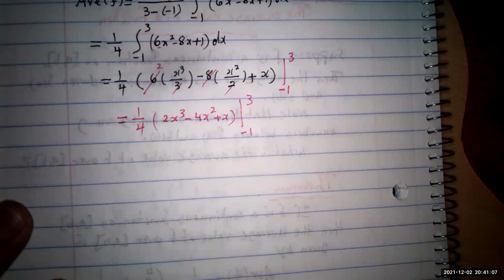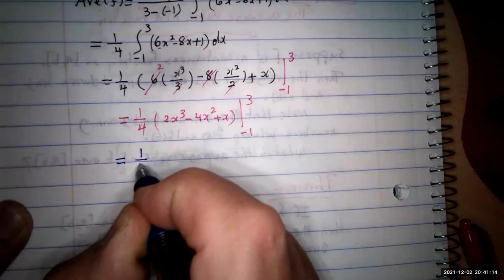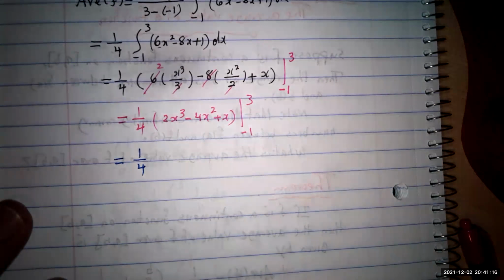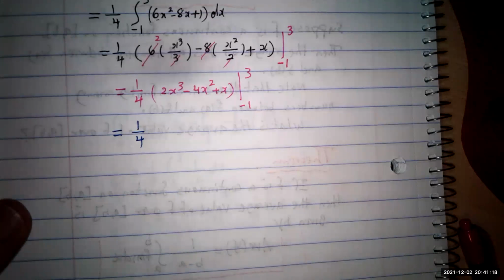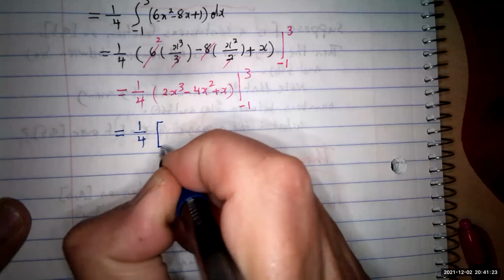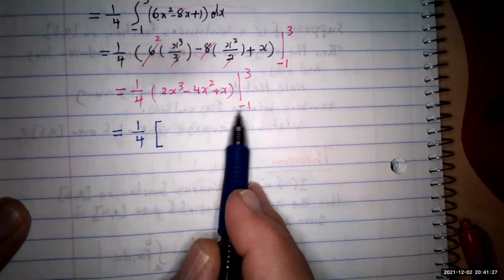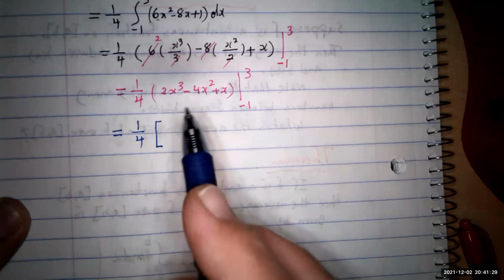So go on, substitute. So it's going to be equal to 1/4. You can use brackets or just go ahead, a different way to go on. The way I do it is I put the bracket here and I replace the x by 3, then the -1. So that gives me 2 times